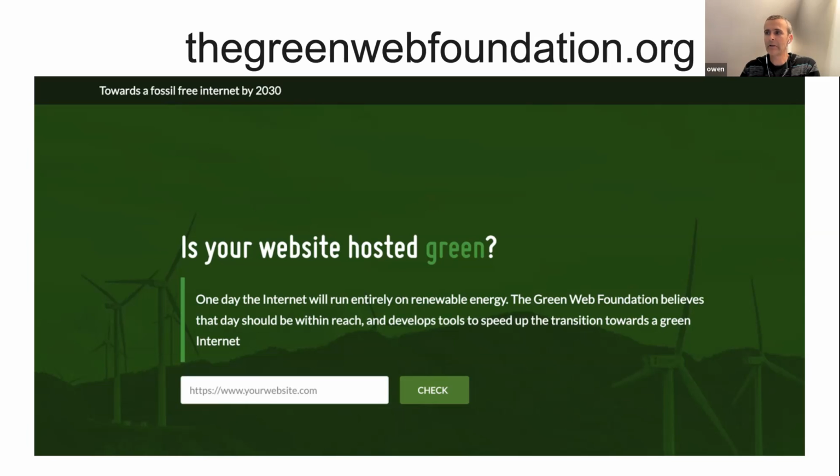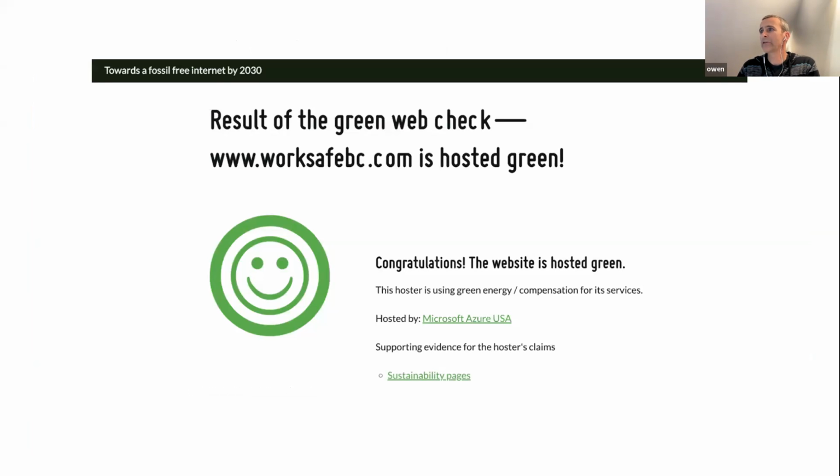So you can enter the URL for your website, and what the service will do is look up the IP address associated with your site, and compare that against what they have in their database, and it will give you something that looks like this.